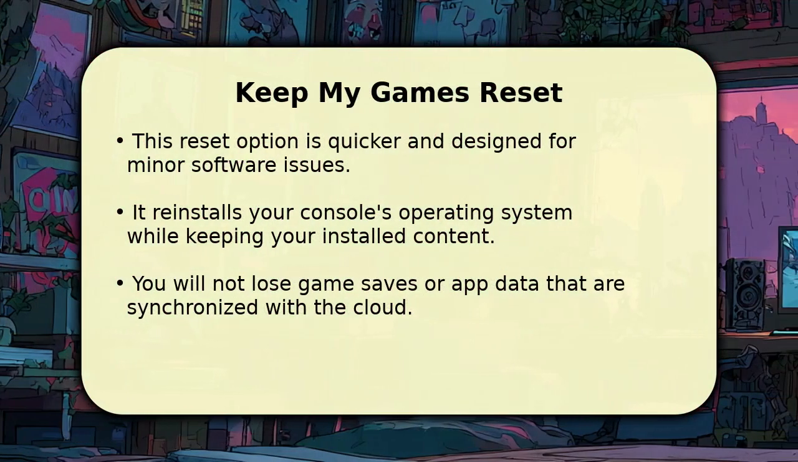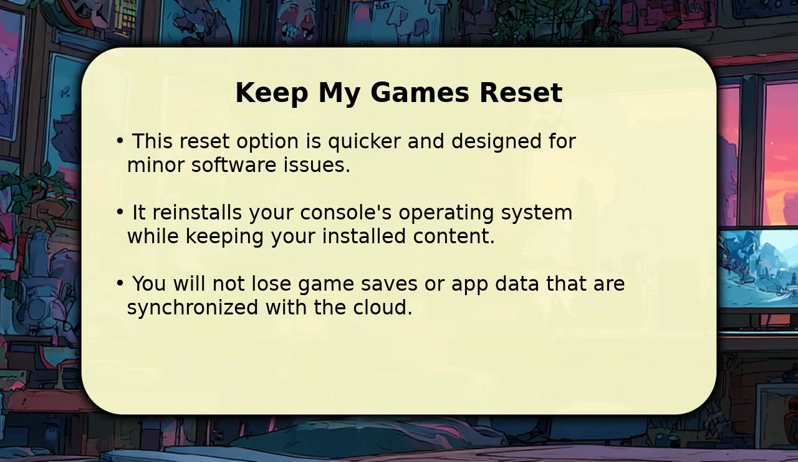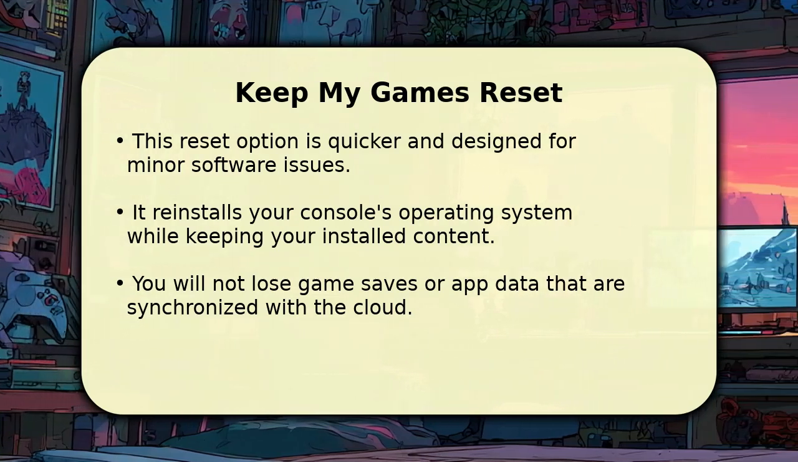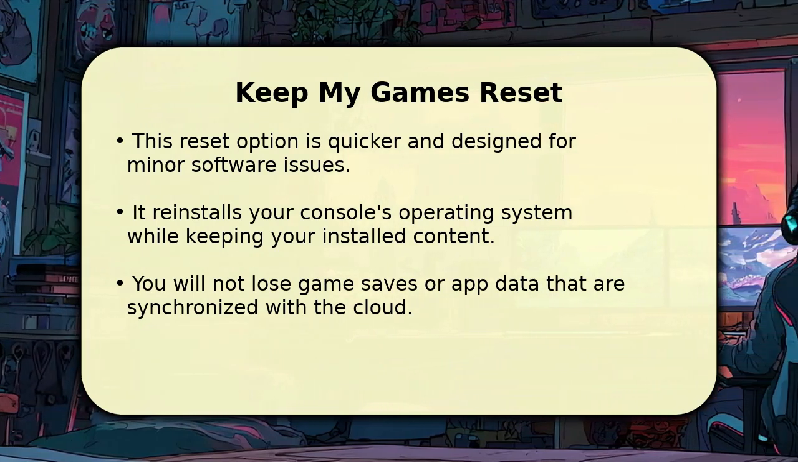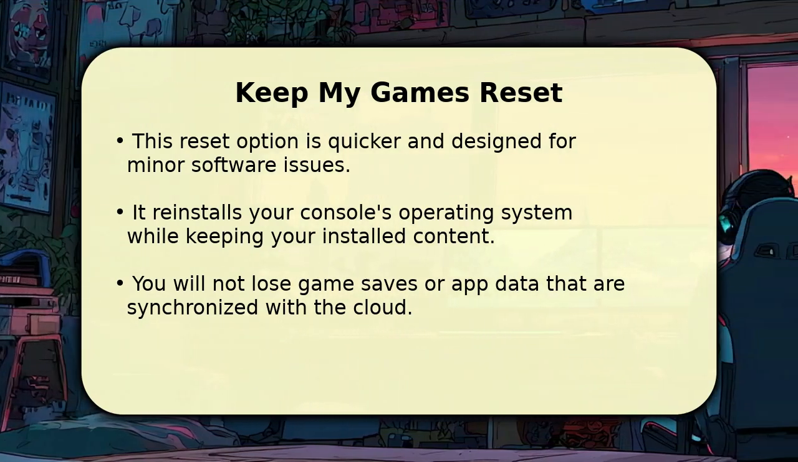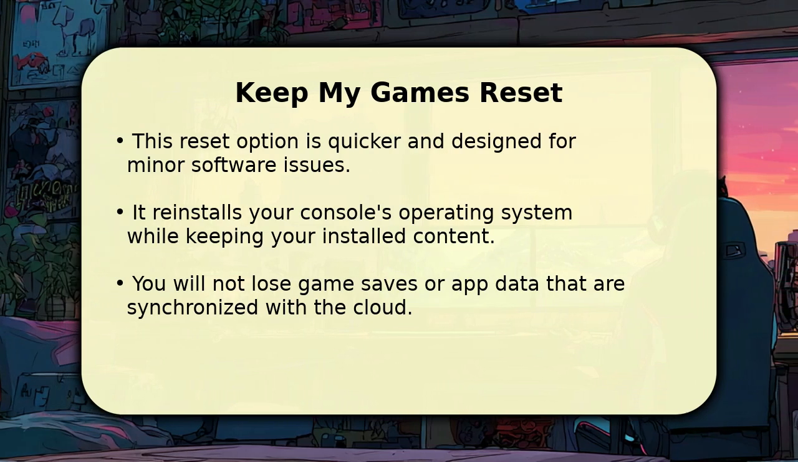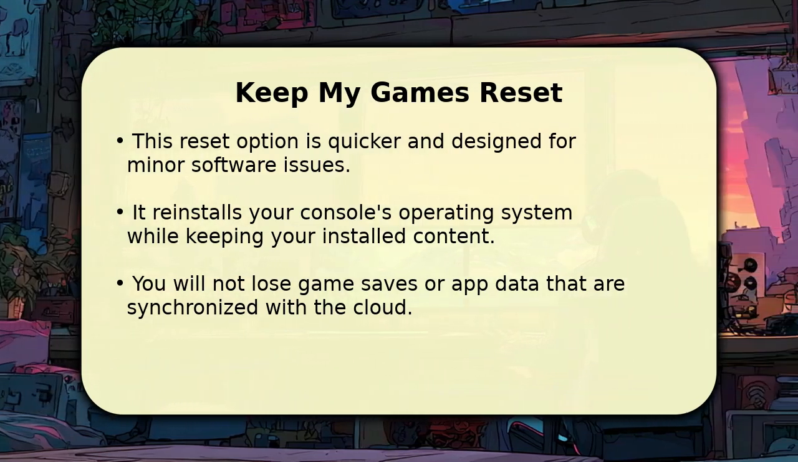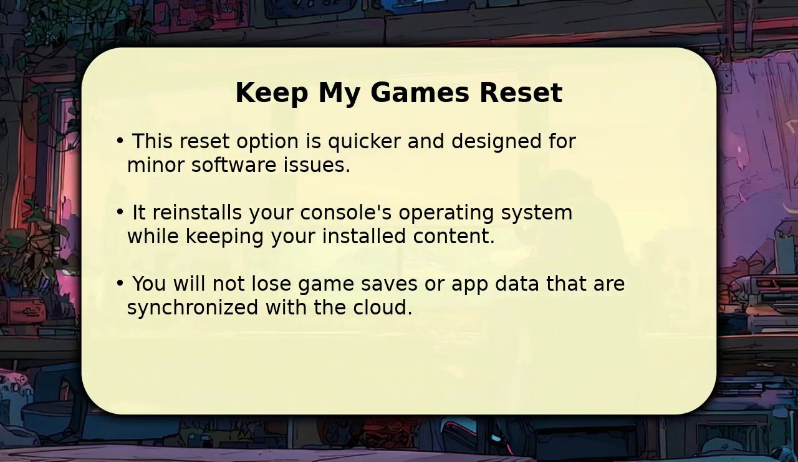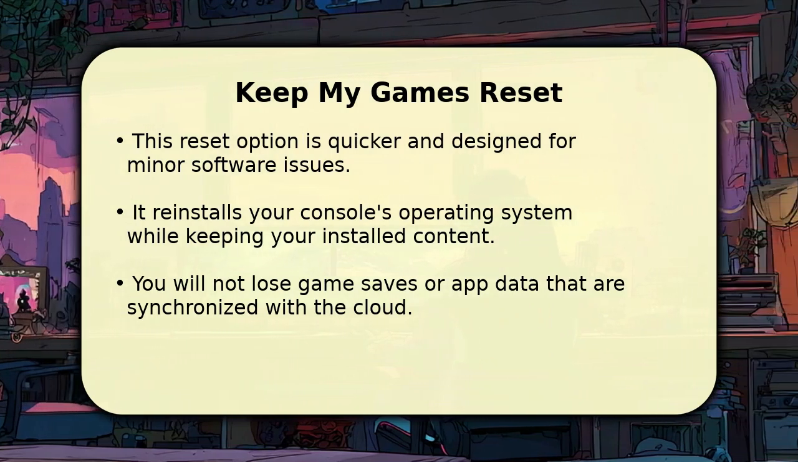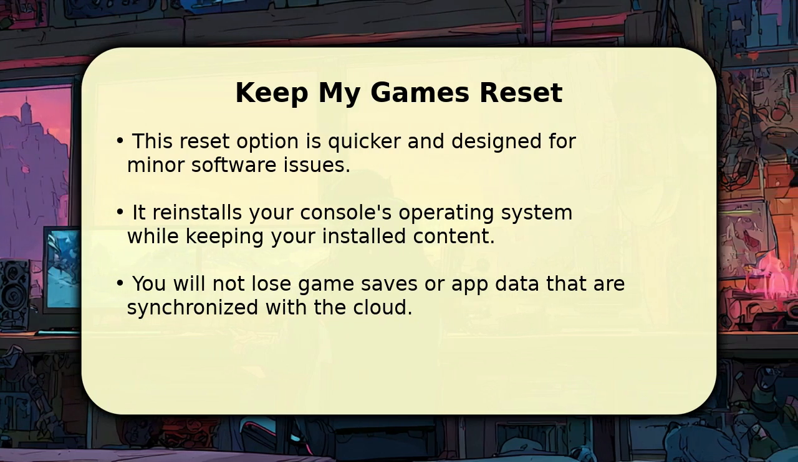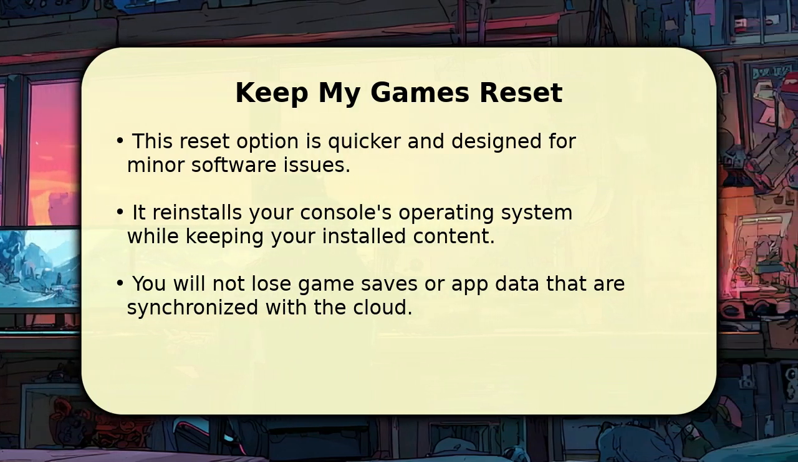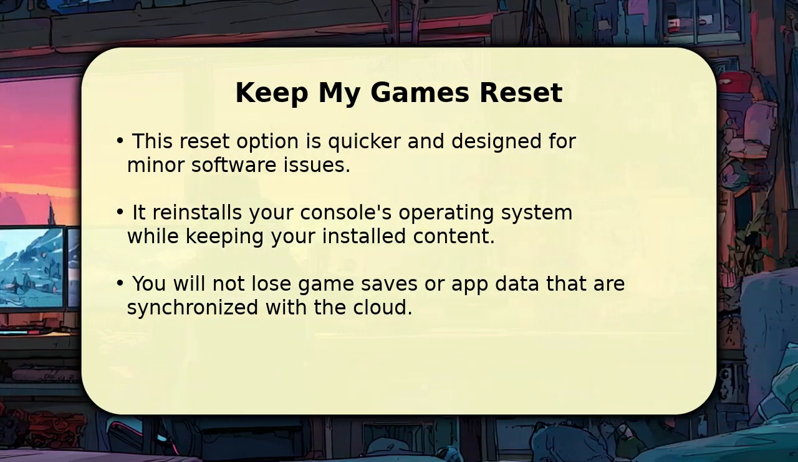To perform a Reset and Keep My Games and Apps reset, navigate to your System Settings menu. Select Console Info, then choose Reset Console. From there, simply select the Reset and Keep My Games and Apps option. Your console will restart, reinstalling its operating system in approximately 3 to 5 minutes. This method helps clear corrupted system files without the lengthy process of redownloading your entire game library, getting you back